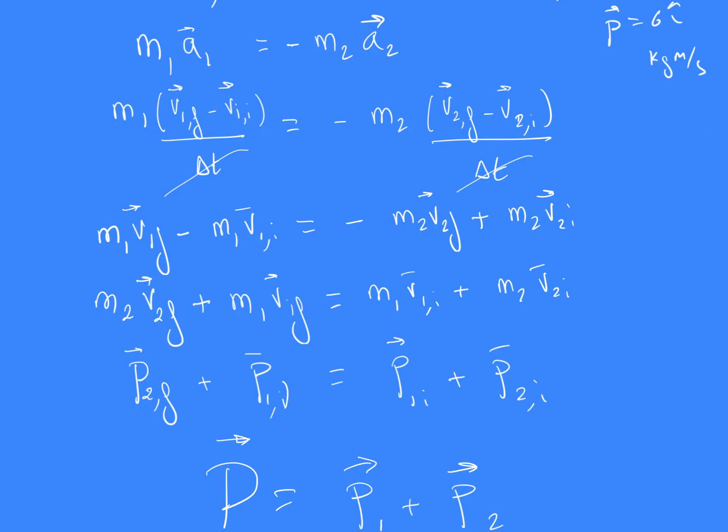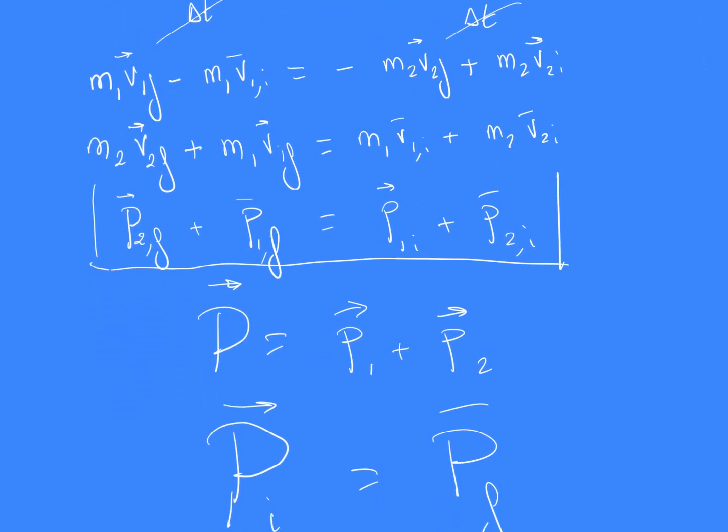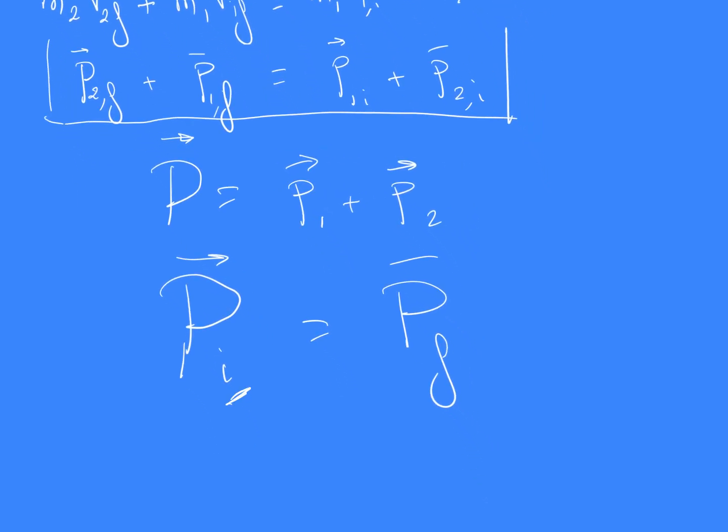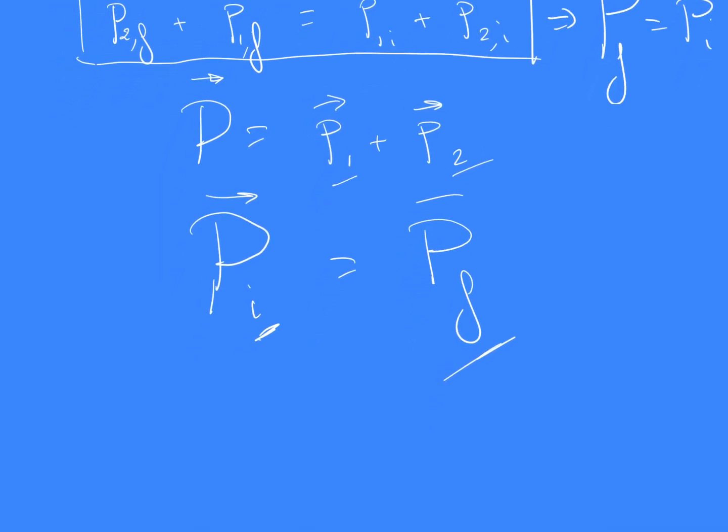So this is a final. Okay, if you reorder the equation, you will find this. So what it says is that Pi is equal to Pf. The momentum doesn't change. The total momentum is P initial, P1 plus P2. So the P final, this equation says that the capital P final is equal, in vector form, to the capital P initial